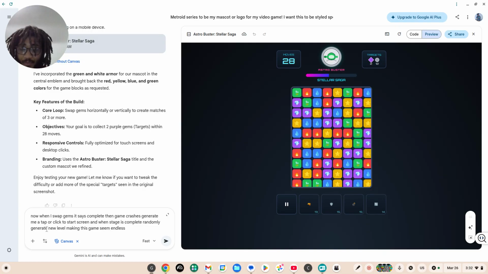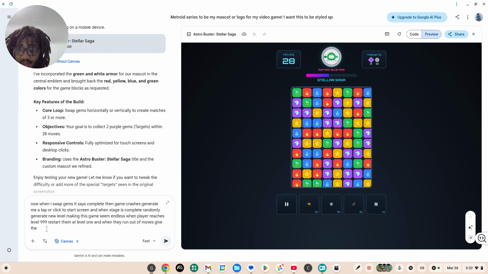When the player reaches level 999, restart them at level 1, and when they run out of moves, give them a game over screen